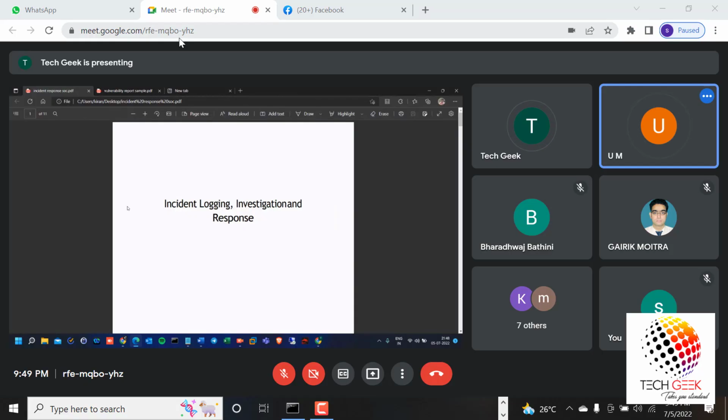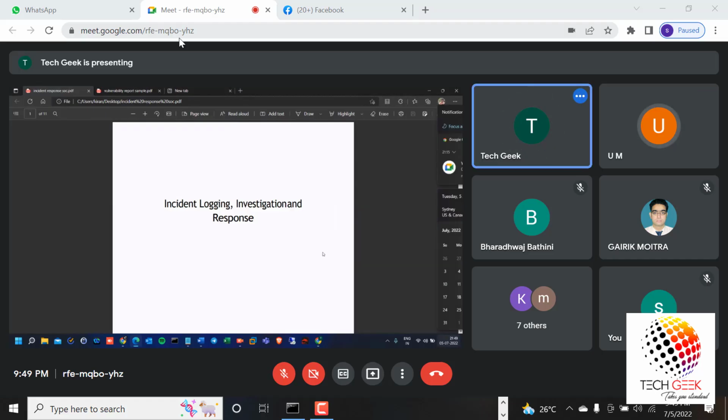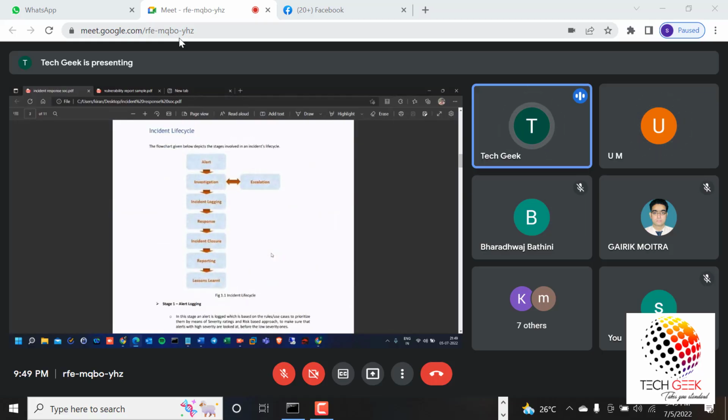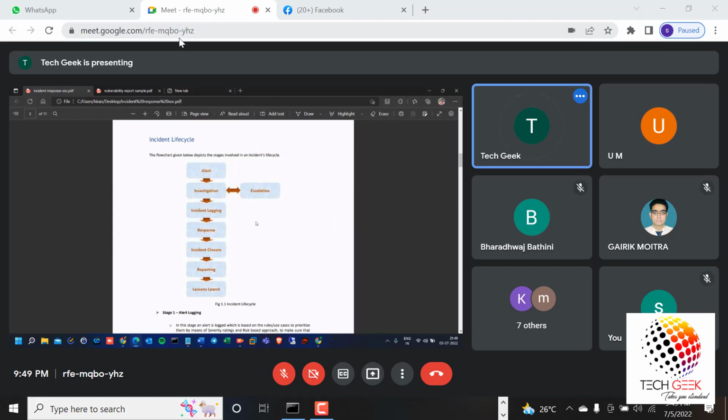Mention SIEM tools, right? When you mention SIEM tools, logs are very important, raw logs. I will share this documentation to explain these steps to the interviewer, depending on whether it is for senior or for freshers. These are the steps I'm going to do in my shifts, when you are explaining the daily activities.